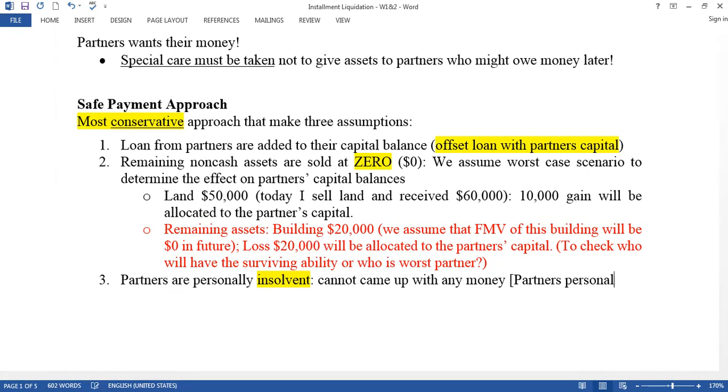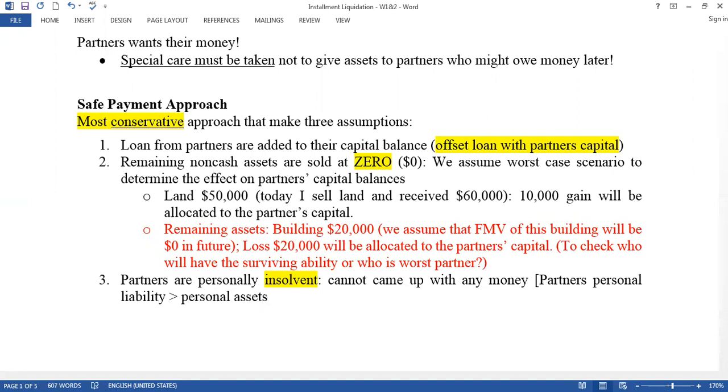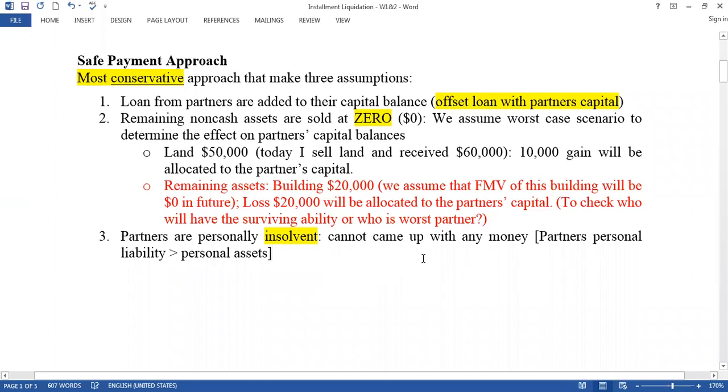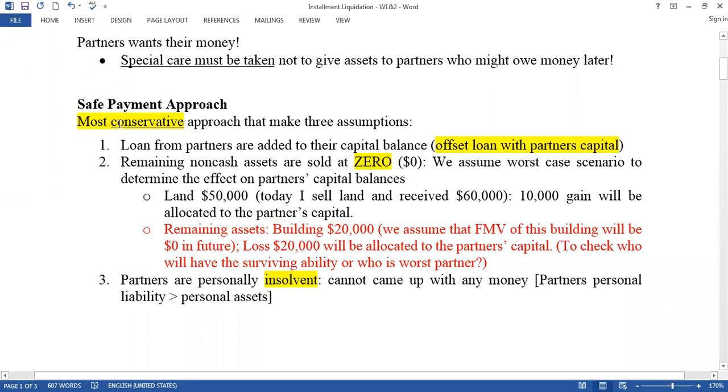personal liability is greater than... Can you remember, last class I also discussed what is the meaning of insolvent partner? Insolvent partner means partners don't have any personal asset that they can bring to the capital if they have a capital deficiency. So from the very beginning, because we are following the conservative method,